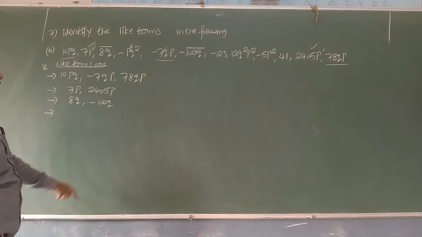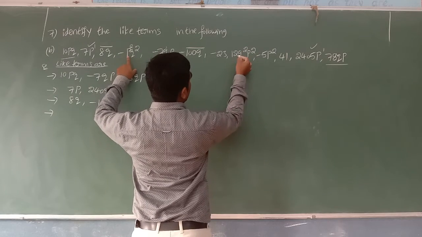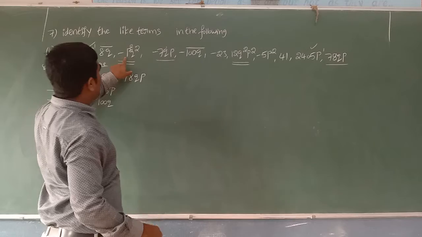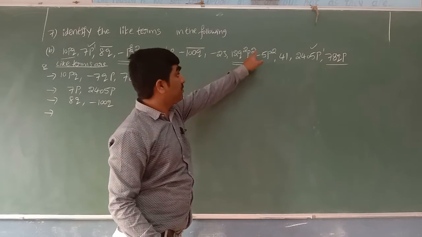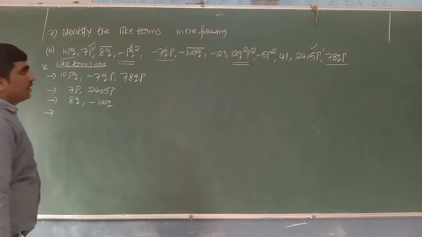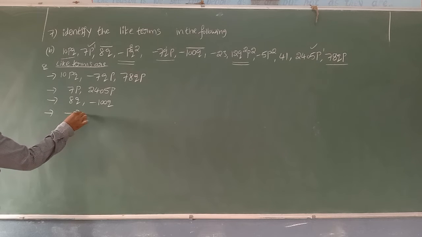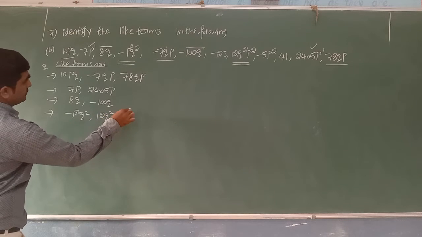Any like terms what about? Sir, p square, q square, q square, p square. Even these two are called like terms. Yes. Alphabets are pq, pq, and p power 2, p power 2, q power 2, q power 2. Both are called like terms. Will make them write together now. Minus p square, q square, comma 12 q square, p square.